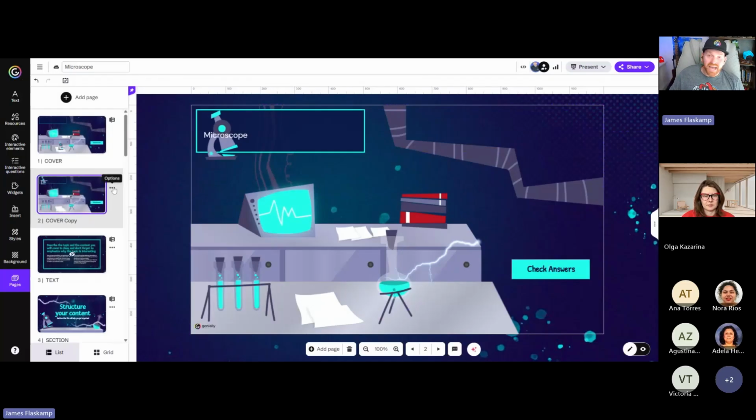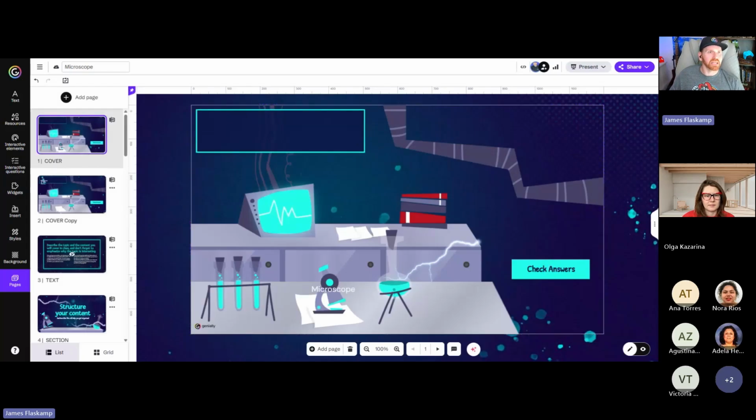And to password protect it, you just go into the three dots right here and you can add a password for the page. You may have seen that earlier when I was hiding the other page. Yeah, you can add a password for any page in your Genially, which is great for gamification, great for preventing students from seeing the answers until you want them to. There are a lot of different ways that you can creatively use that, but you can password protect any page you want. Okay.